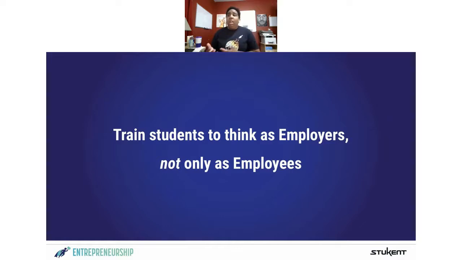If employers get entrepreneurial minded students, that's better for their business, because now the student is not only thinking about that one task that they've been asked to do as, let's say, a marketing coordinator. They're looking at the entire picture because they have that background as, okay, I know what this means. I know how all of these pieces connect together for the business as a whole, rather than looking at my little piece of the pie. So that's really why entrepreneurship is so important.